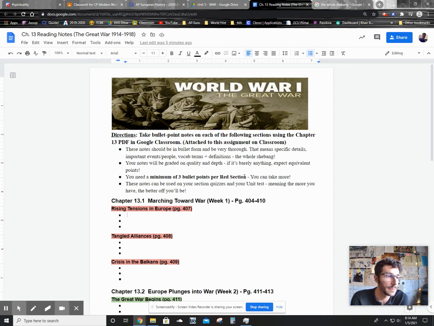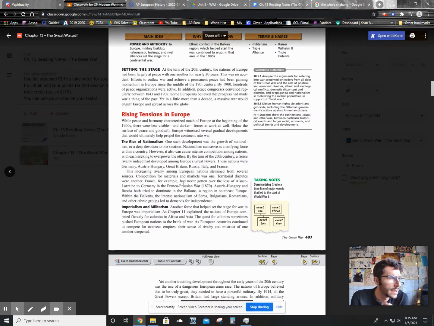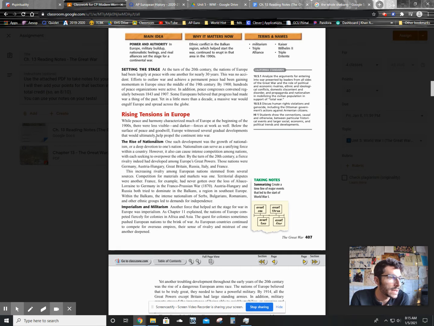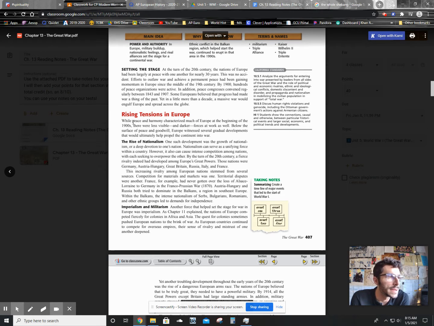You can take more if you want because these notes will be usable on your unit test to prepare and then to take. So I highly recommend you do as well as you can on these. But what that means is you're going to be reading a little bit and then just writing down something you think is significant. So for instance, if we're looking at rising tensions in Europe, you can see right here, while